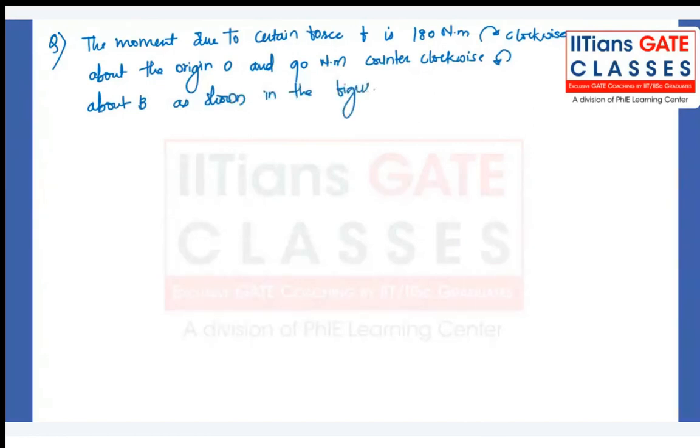If the moment due to force F about A is 0, the value of F is,